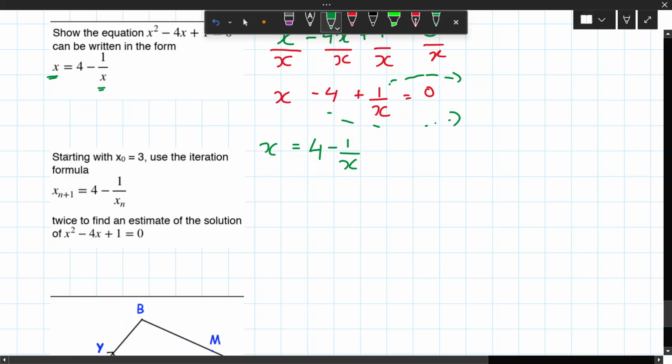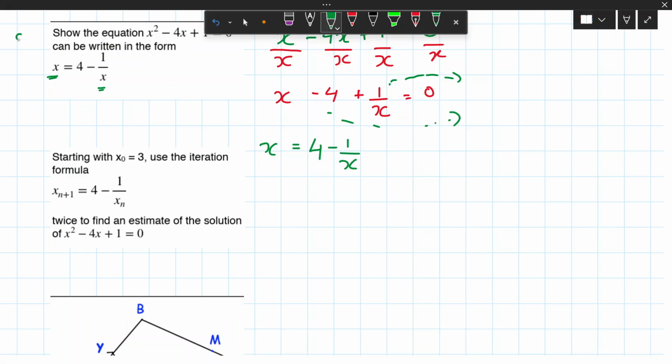Next part is an iteration question. So if this comes up in your GCSE, this could be part A, this might be part B, and part C, or something like that. So starting with x0 equals 3, we have to use this iteration formula twice to find an estimate for the solution of this equation. So the technique that I tend to use is,